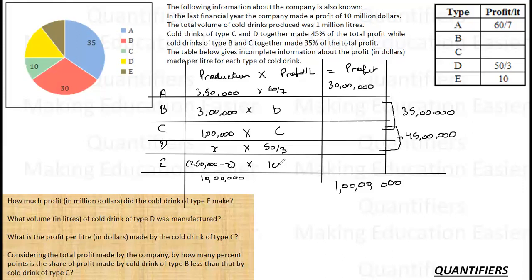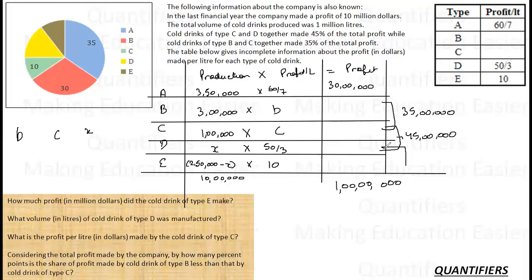Now if you think carefully, there are many variables. There are 3 variables: B, C and X. These are the 3 variables which I need to find. If I try to solve this, I will have an equation in B and an equation in C. If I try to solve this, the equation involves C and X. If I am able to solve this somehow, I will find my value of X and my life will be very easy.